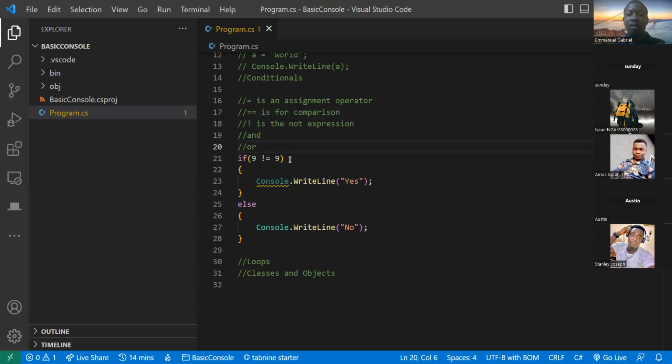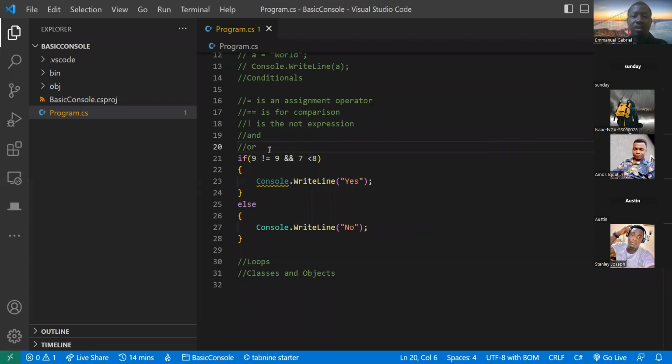And how do you do that? You have to use the AND symbol that you're already familiar with. And you're saying like, 7 lesser than 8. As you can see, first, this is false, so it's not even going to matter. The second condition is not going to matter because the AND operator needs both of them to be true.